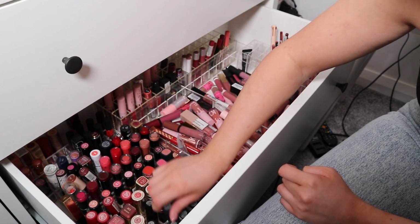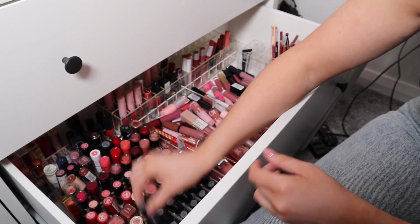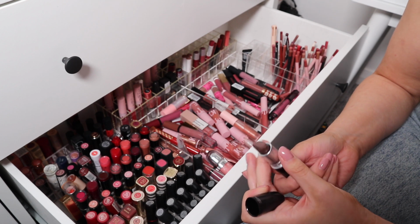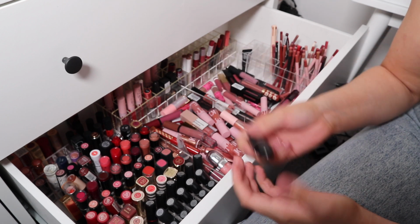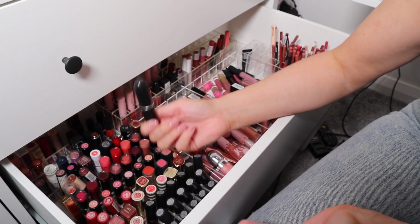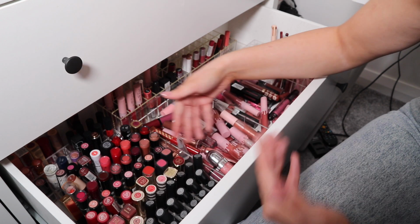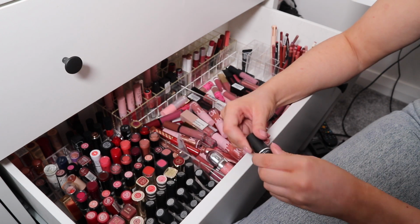But I will do a video on YouTube and on TikTok. I'm going to do a MAC lip swatch video, because for TikTok I don't really want to do a lip swatch video because it's kind of long and it hurts your lips. But if I'm filming it for YouTube and filming it for TikTok, then it's worth it. So if you want to see all of my lipsticks, I can...